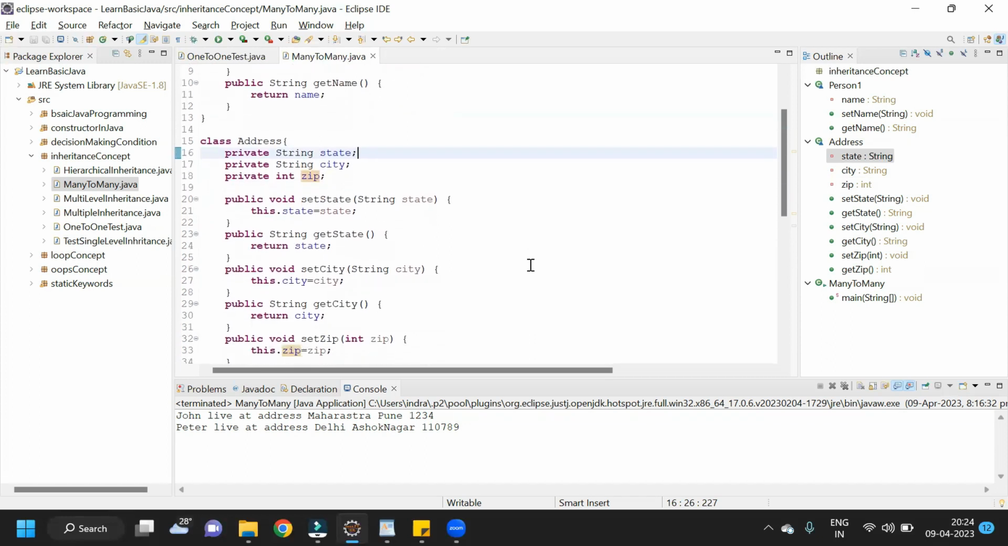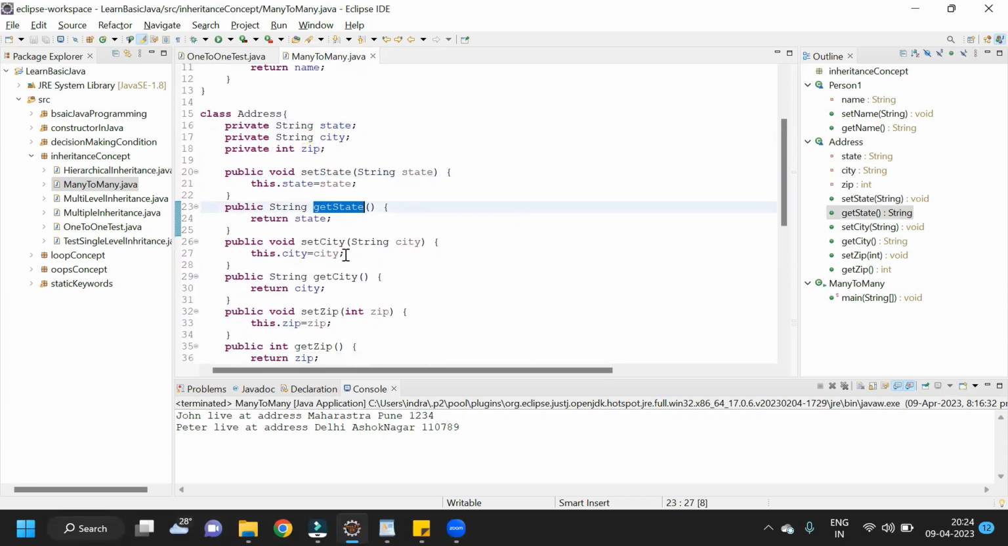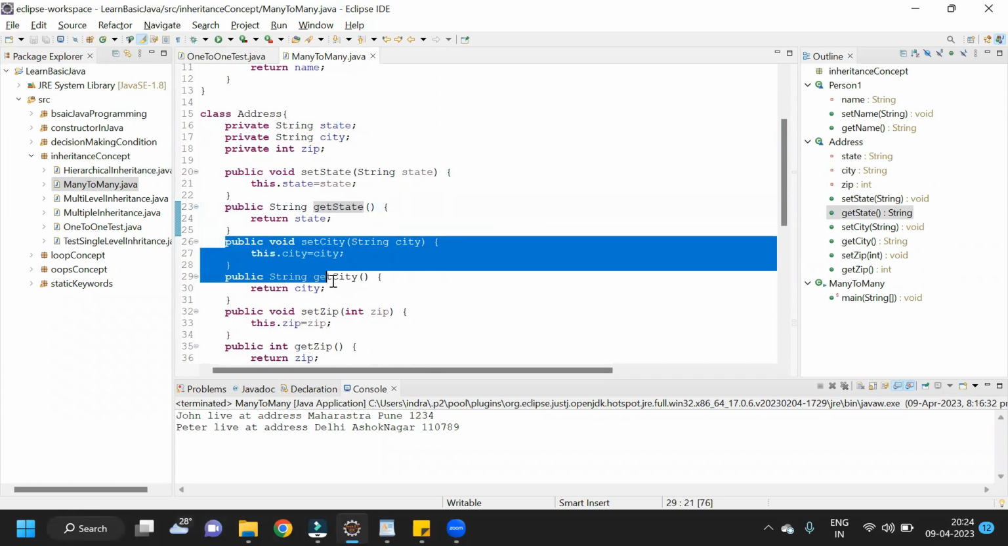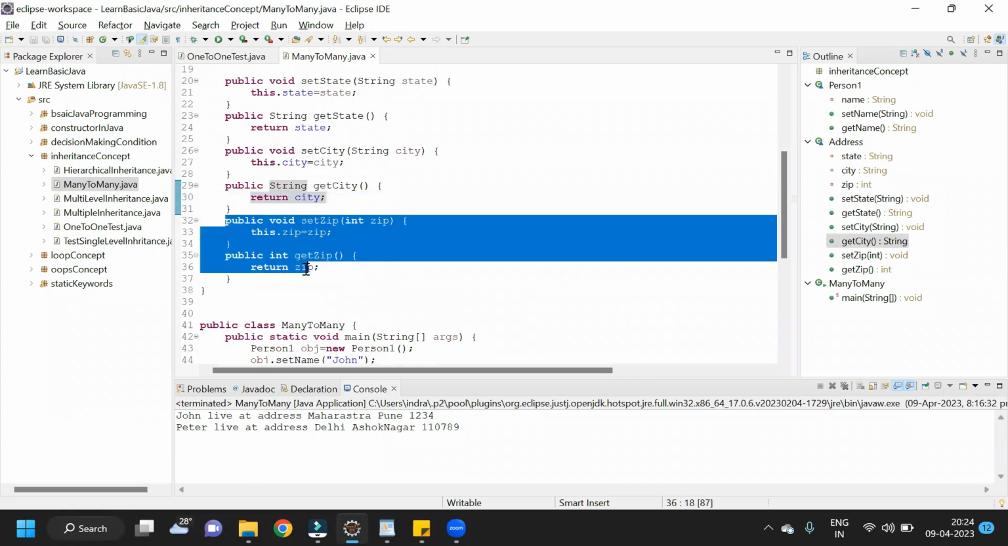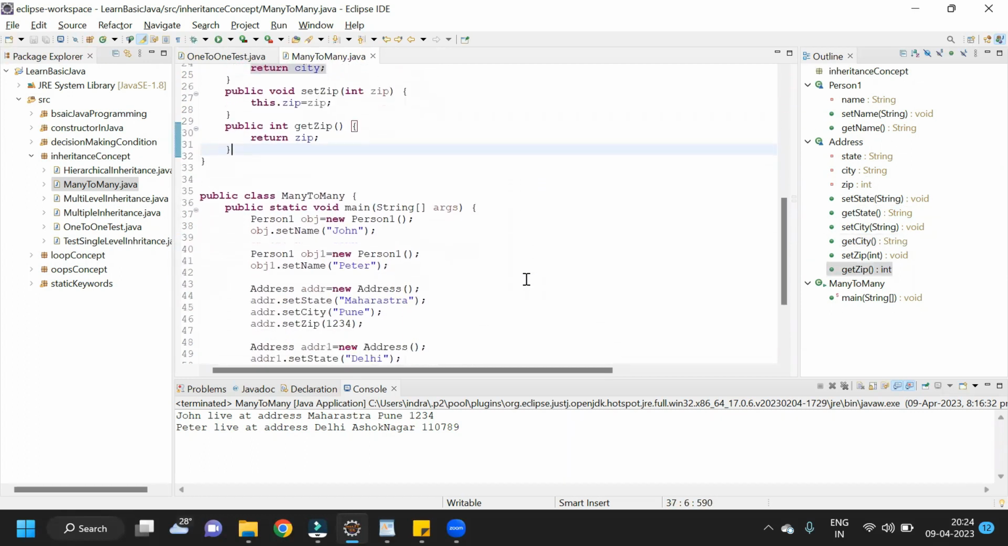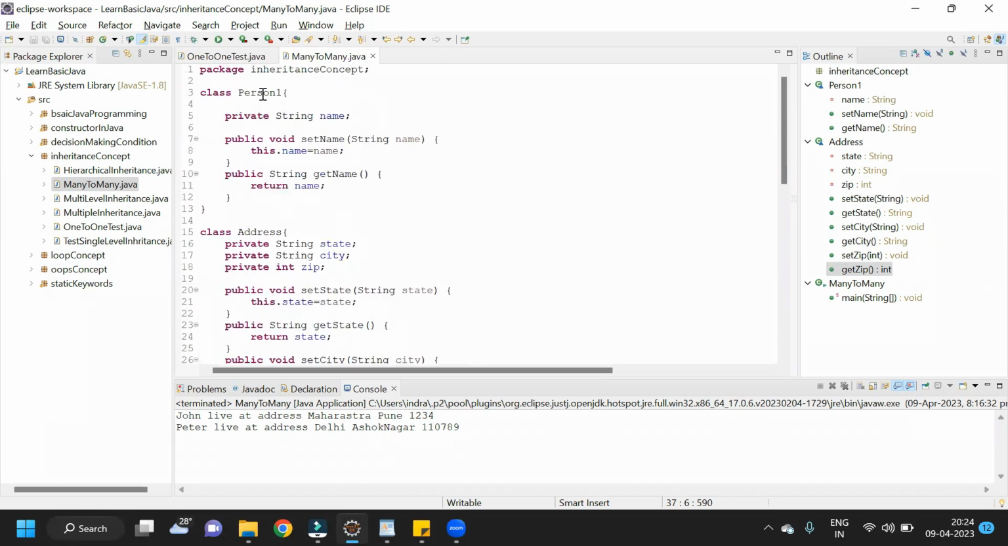See, I have created a setter method and getter method for state. Again for city, setter and getter methods I have created. And for zip code, again I have created getter and setter methods. Now what I will do, I will create an object for both the classes. Two separate classes we have created. One is person and the second one is address. Person has an address, and address is containing multiple